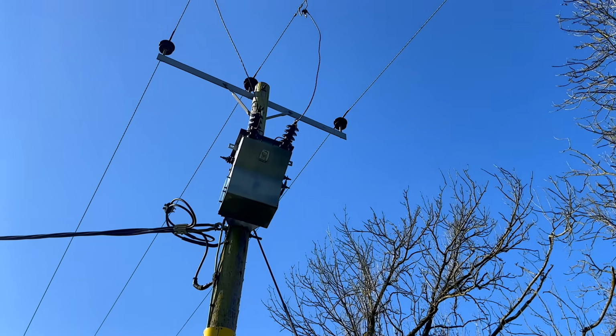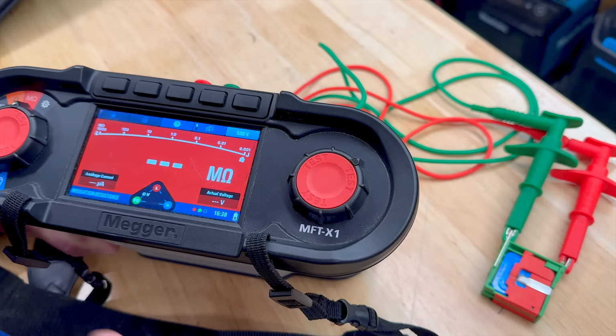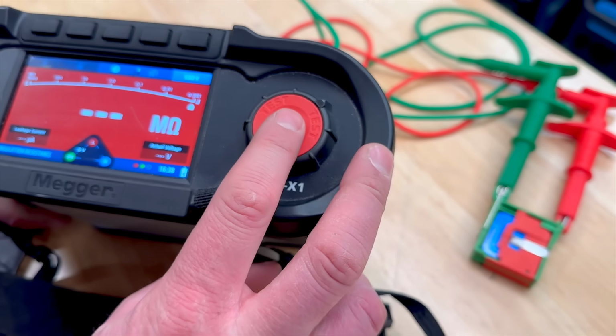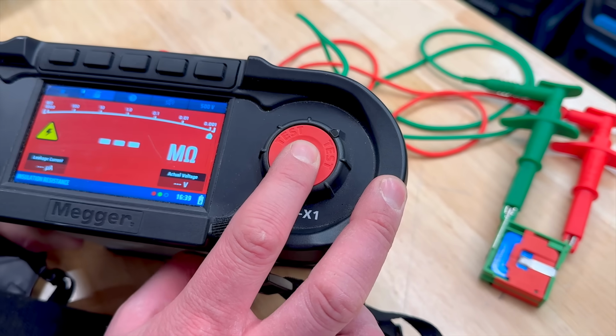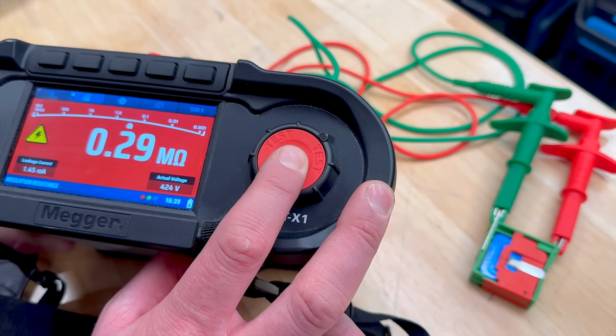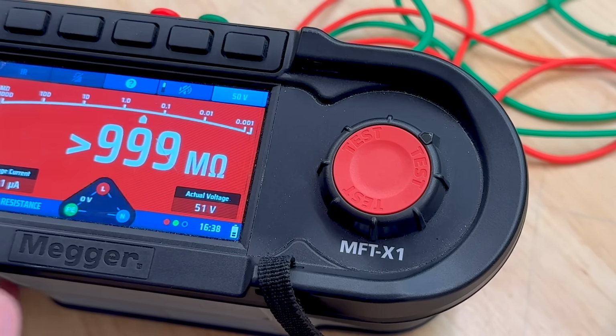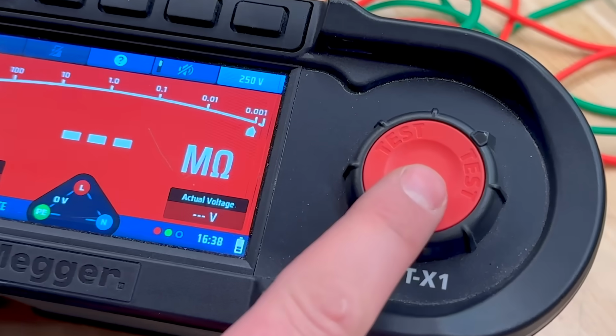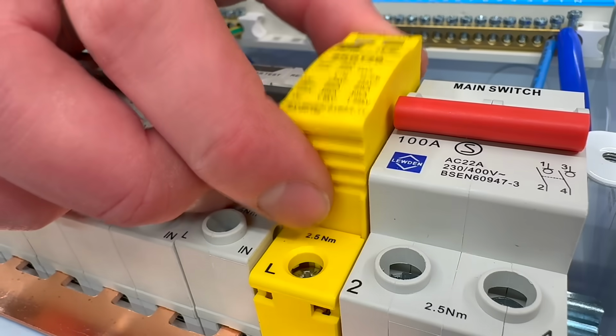Another key point to remember is that an MCB's omission necessitates caution during insulation resistance tests. The SPD can begin conducting when exposed to 500 volts DC, potentially leading to inaccurate readings or damaging the device. To avoid this, either reduce the test voltage to 250 volts DC or remove the SPD cartridge from its holder